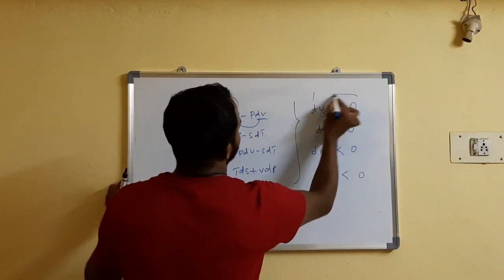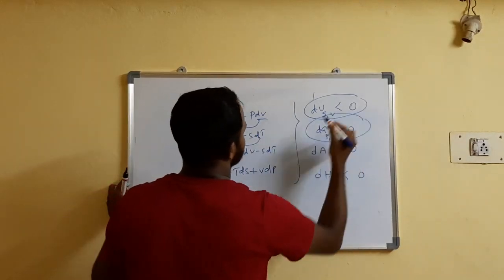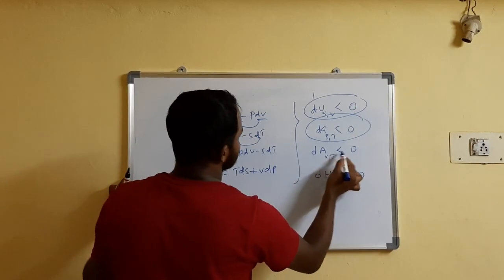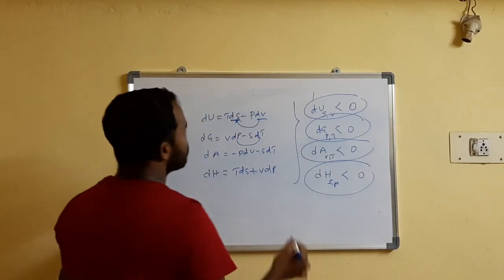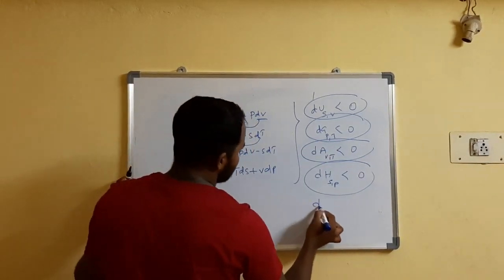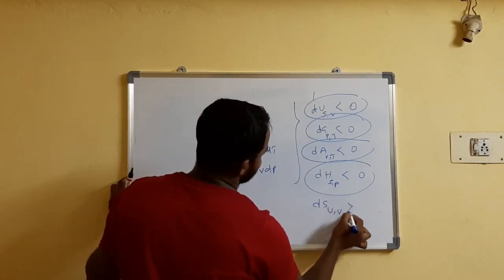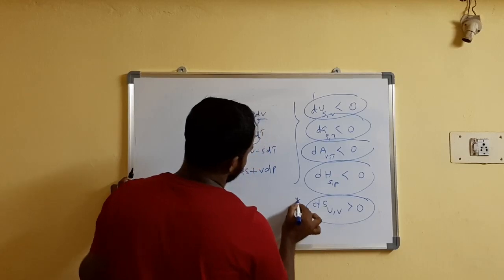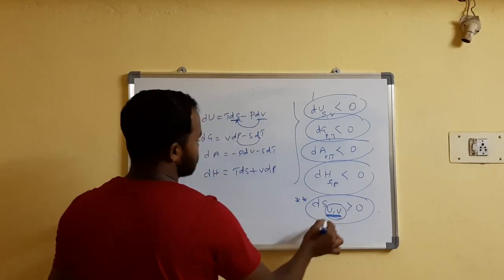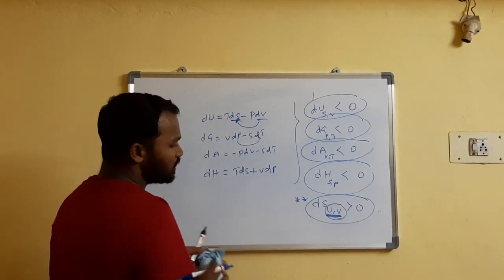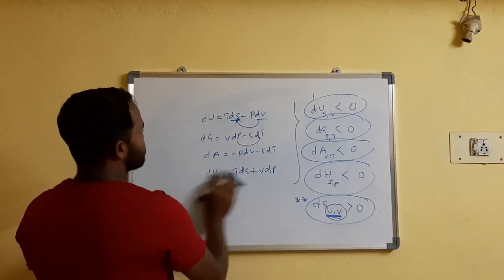S comma V are the constants for this. So P comma T or T comma P, both are the same. Then dA is what? V comma T is constant. H is what? S comma P is constant. So only the term is entropy, right? That is dS. dS is what? U comma V are constant for greater than 0. Just you need to remember only these UV constants. So just like in our spectroscopy this is UV, right? So just for remembering, simply it is UV. You need to remember.